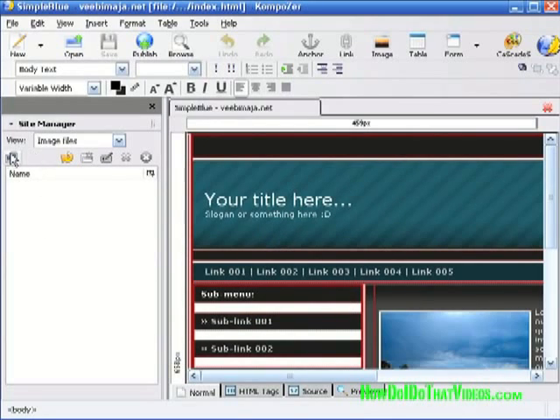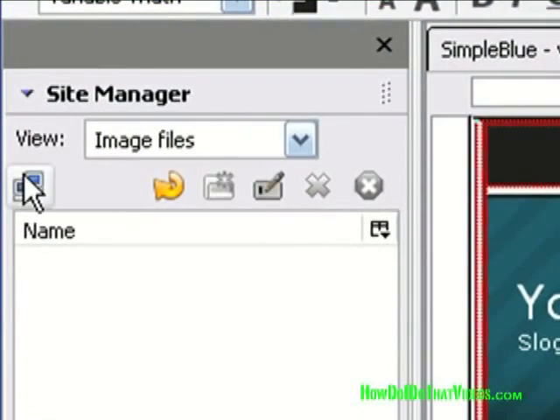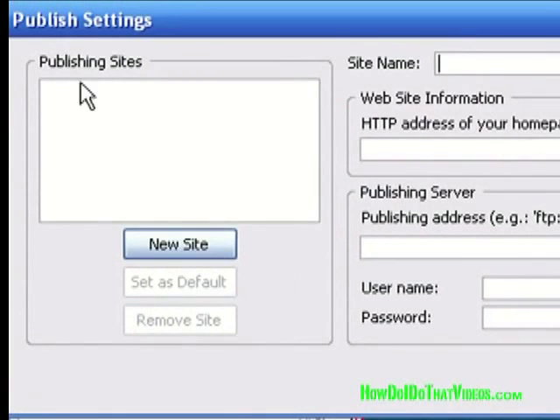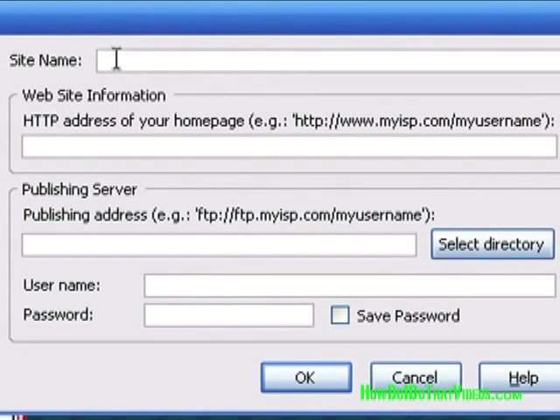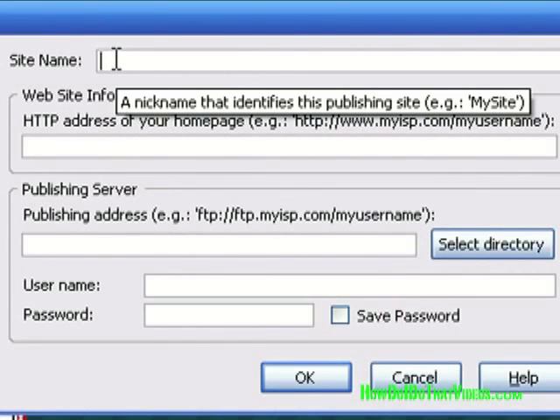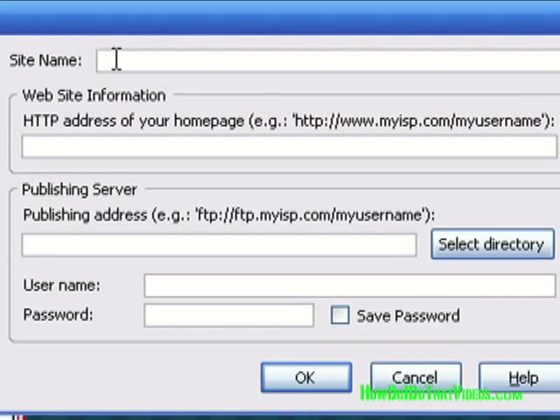So we want to first go to, you've made all of your changes, you're ready to publish your page, bada bing, bada boom, you're ready to go. So we go here, click on Edit. We want to go to New Site. That's cool. And up here, the site name, like it says here, when you put your mouse over it, it gives you the little box there. Just name it anything you want so that it has really no bearing on anything. So you can name it George's site, my site, hey you, whatever. But I'm going to put in my